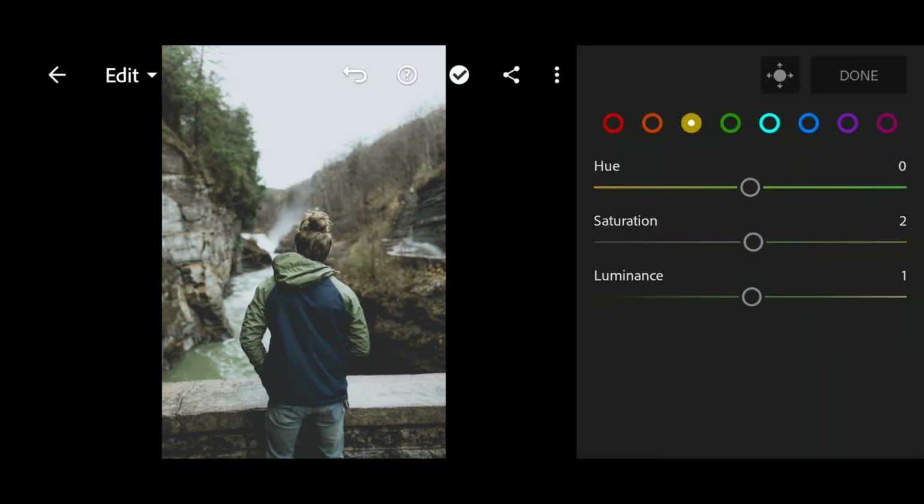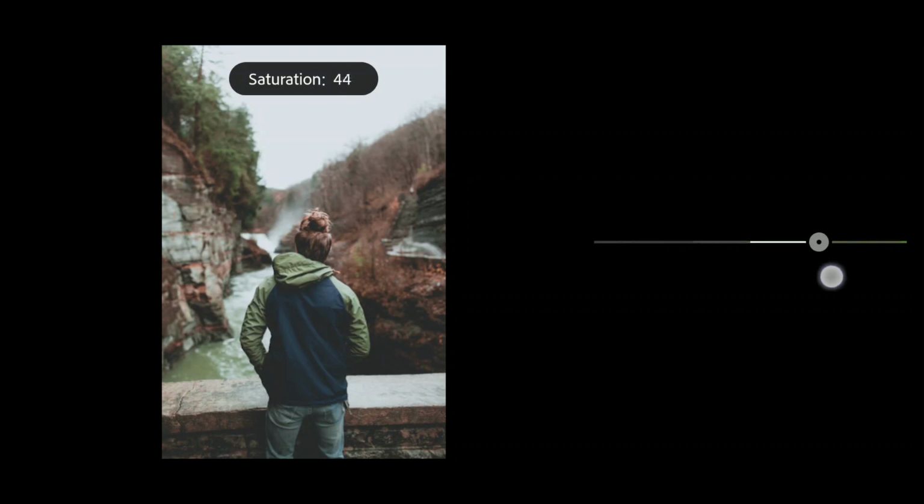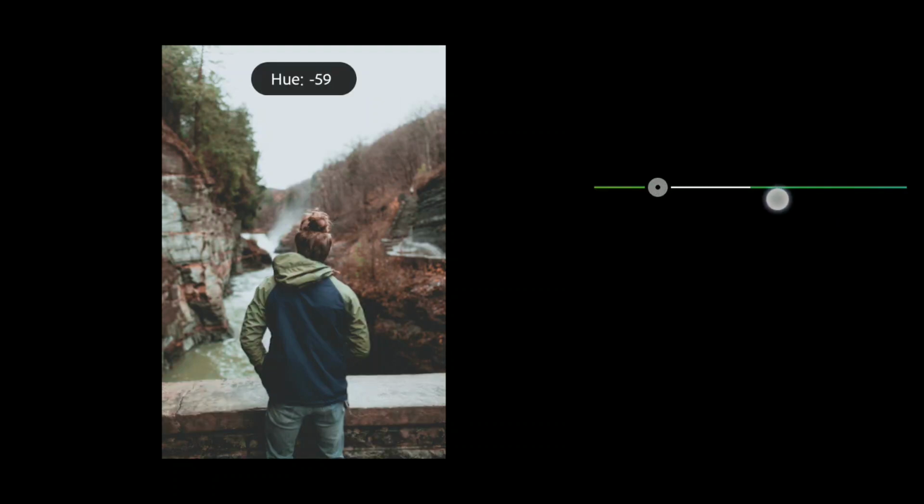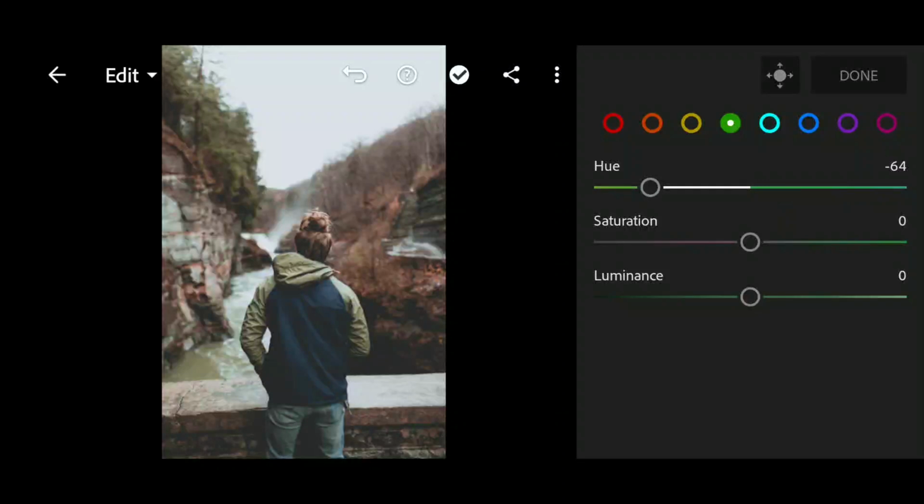Now select yellow and then bring down the hue all the way down. Bring up the saturation to around 44 and luminance to 12. Now select green and bring down the hue to -64,